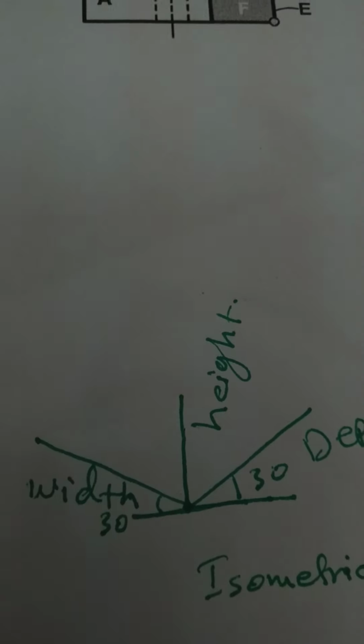Now, how to continue this? In the last video I showed you that if we have to draw the isometric method, we can follow the same procedures. Firstly, we use the reference point, and then we draw the depth and the width and the height of any object. So we can complete the pictorial of the body by using